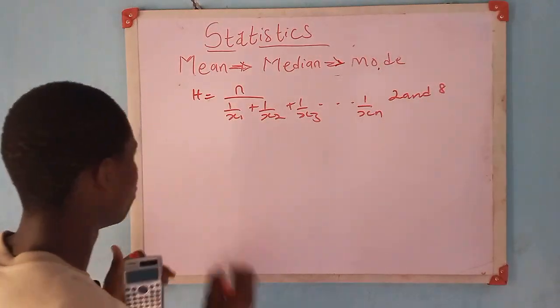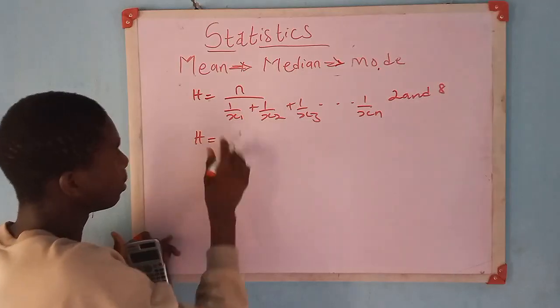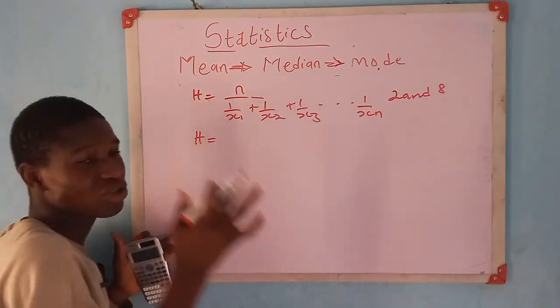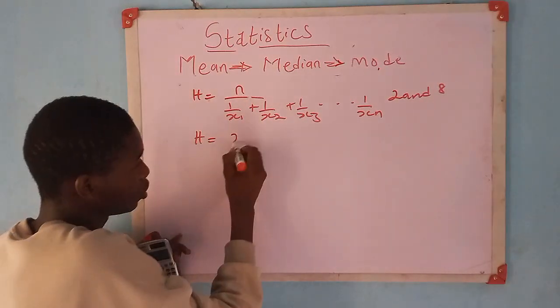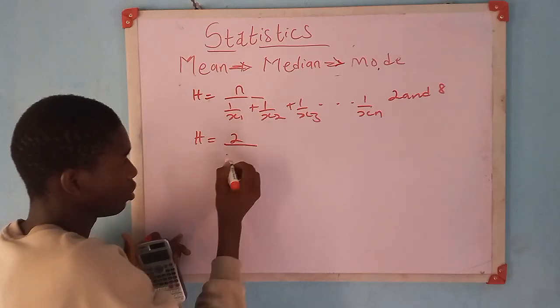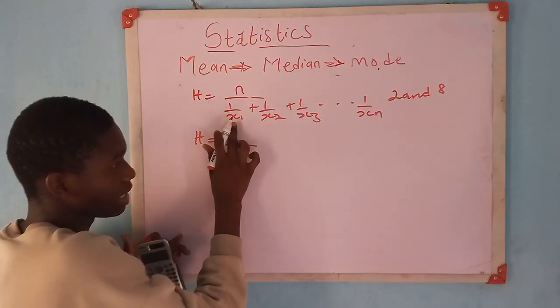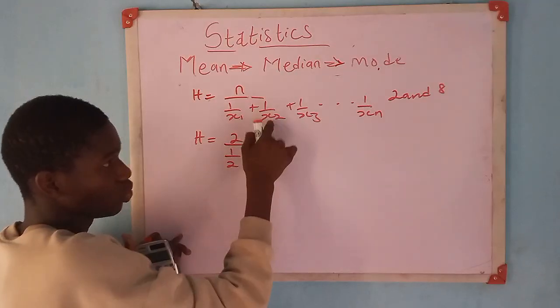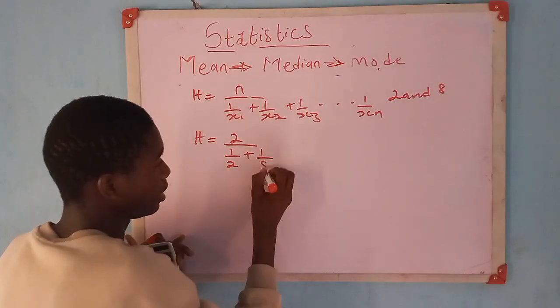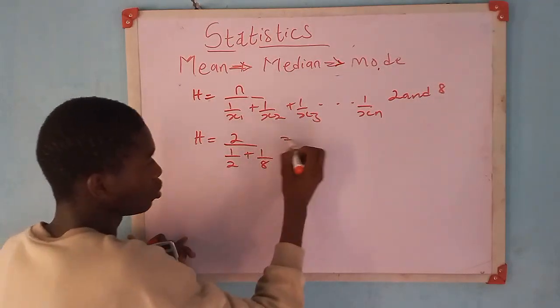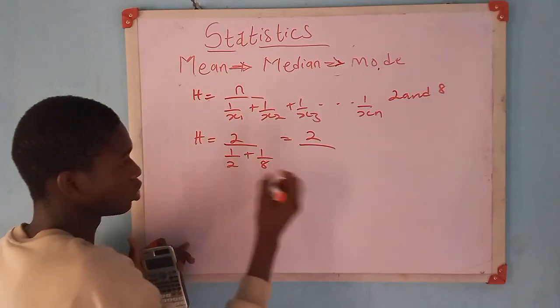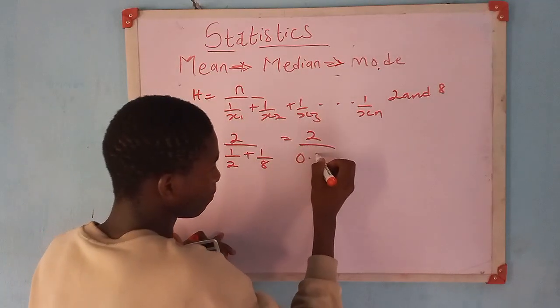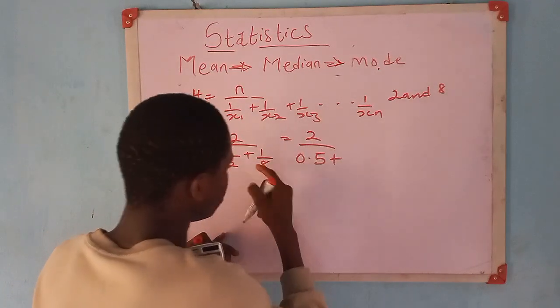You understand? So now my h is going to be equal to n, which is the number of data, all over 1 over my first x, that's x1, which is 2, plus 1 over my x2, which is 8. So I'm going to have 2 all over 1 over 2, which gives me 0.5, plus